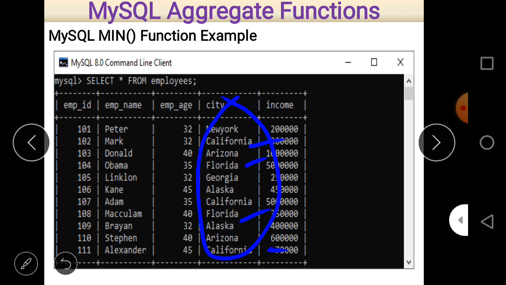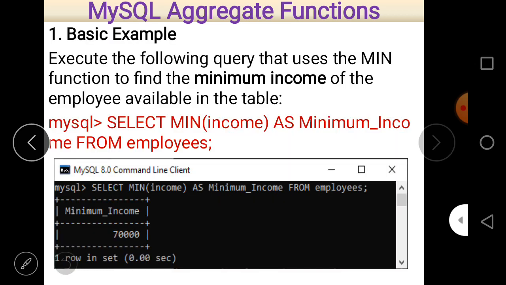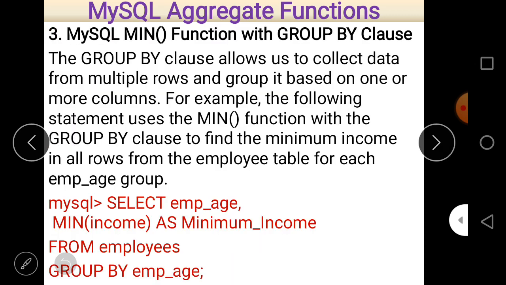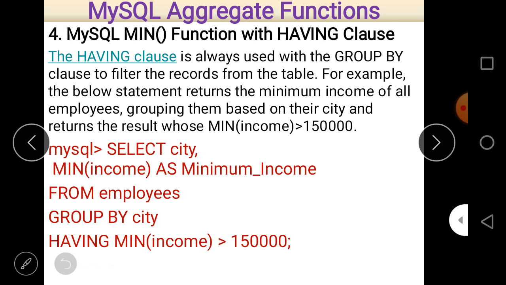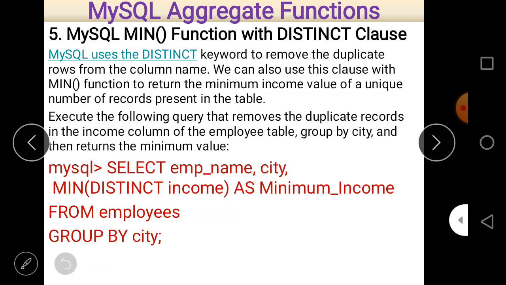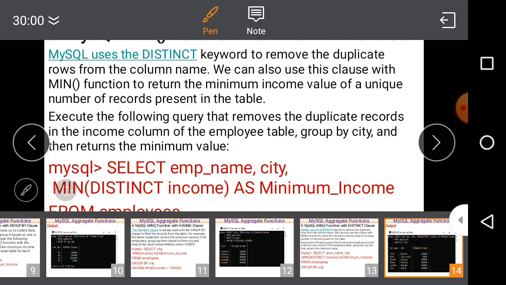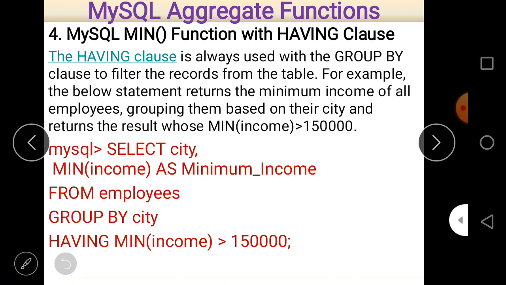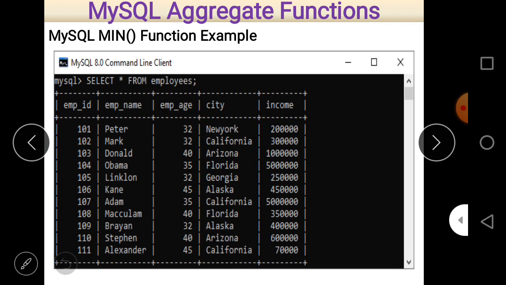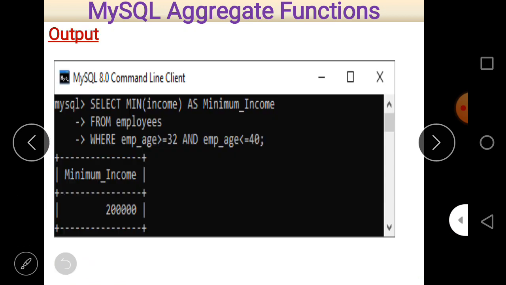So we make a group on the basis of city, and here the condition is that the minimum income should be greater than 1,50,000. You can see that in the original table, different cities have different incomes, and when you execute this query,